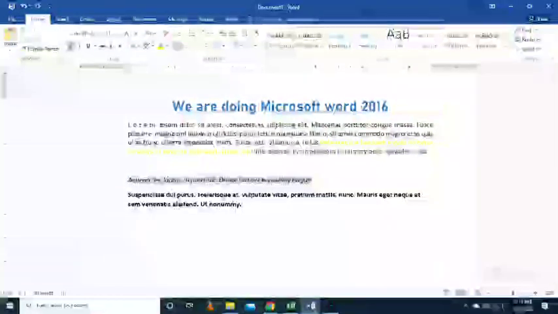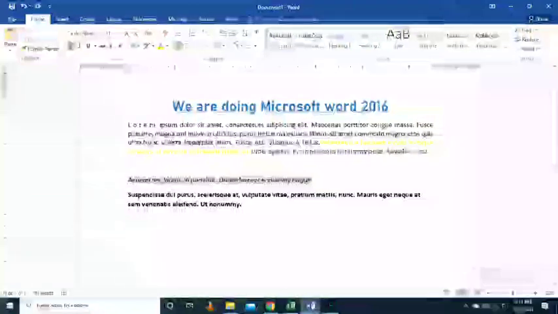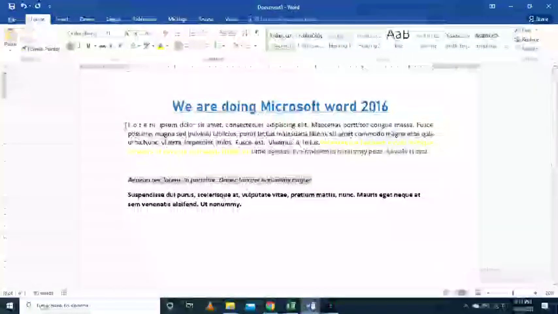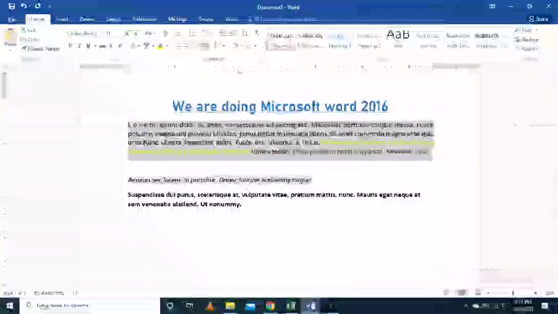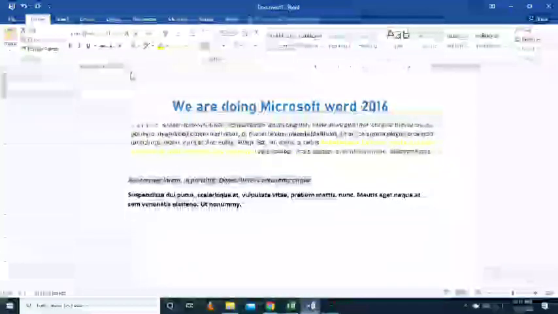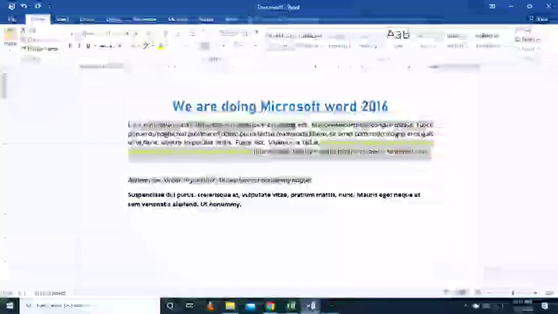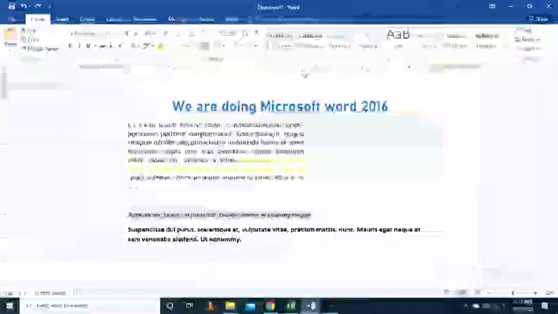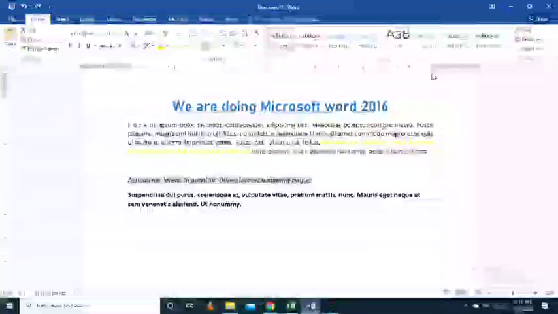Now let's discuss the margins, as it is very important. This is the horizontal ruler. In the horizontal ruler you can see there is an indent. This is called the left indent, and this is the right indent. See, it's moving.